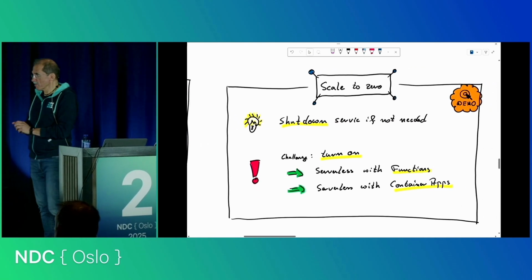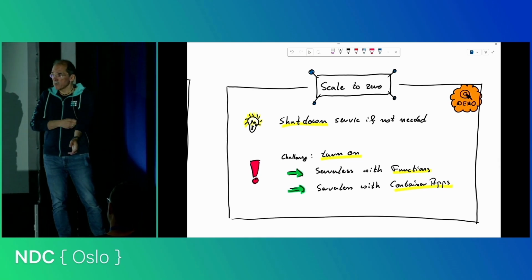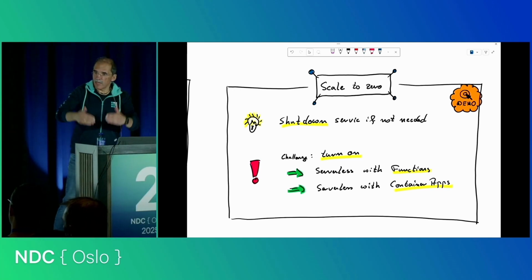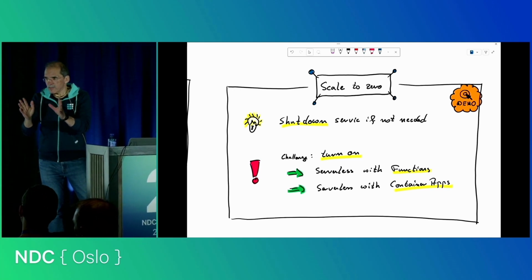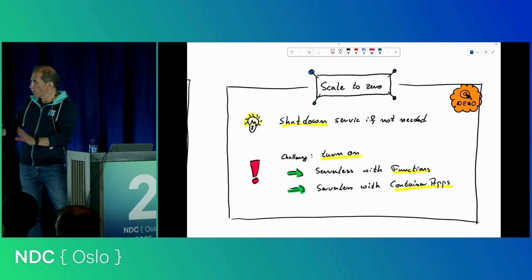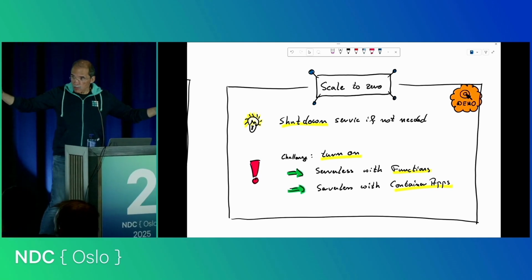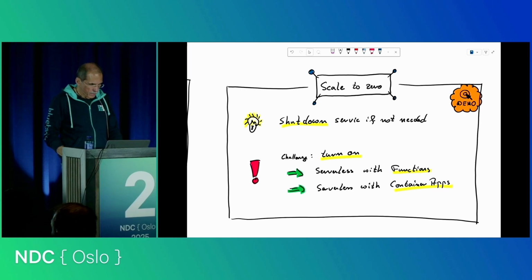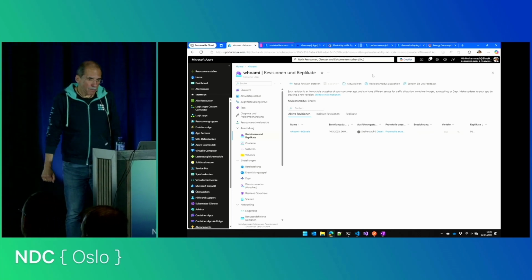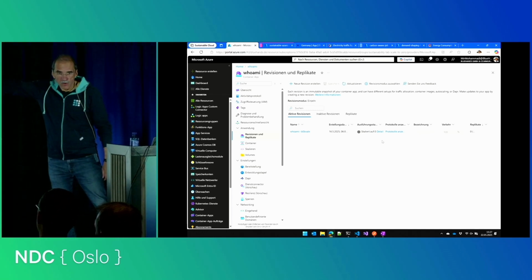For example, we can use serverless functions. Functions are able to scale to zero, and container apps can scale to zero. App services, not really, they have the reservation. But if you go to zero with functions and container apps, then it's gone. I want to show it. Here I have a container app, and what you see, in German, "skaliert auf null", so it's scaled to zero instances.